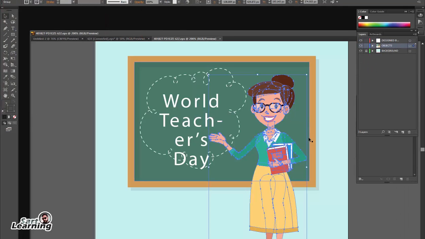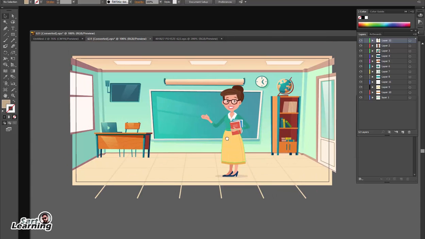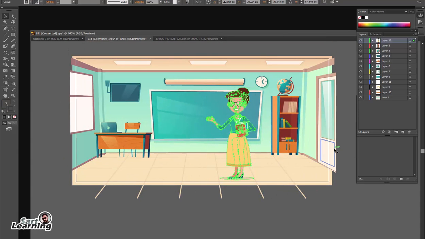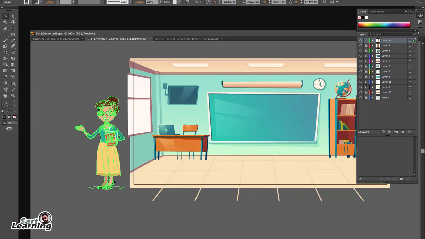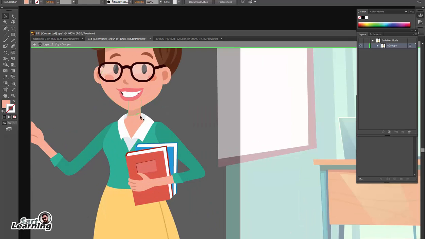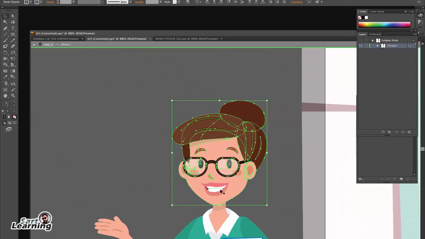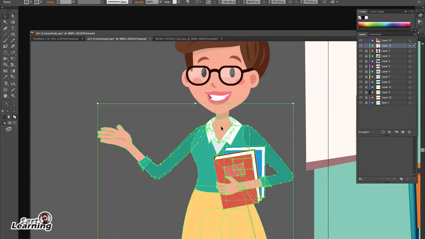Now I am going to copy the teacher into the scene. So I am copying from the main image and pasting into my scene. But this is a single object, and I want to animate the face and the lip syncing for my character. So for this I am going to select the face only and copy this face into a new layer. So I just cut it into a new layer, Ctrl F.